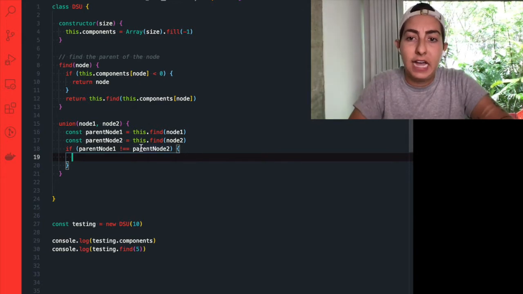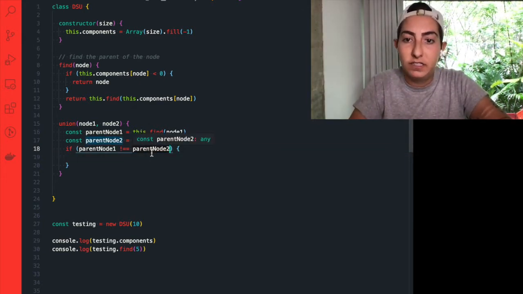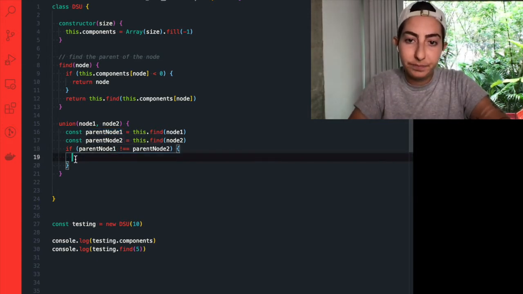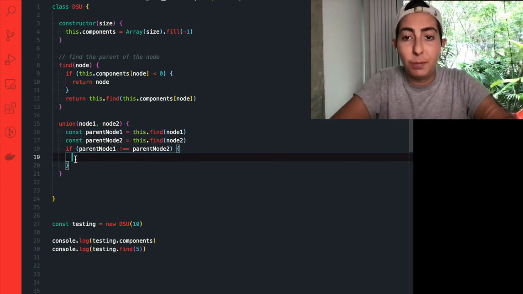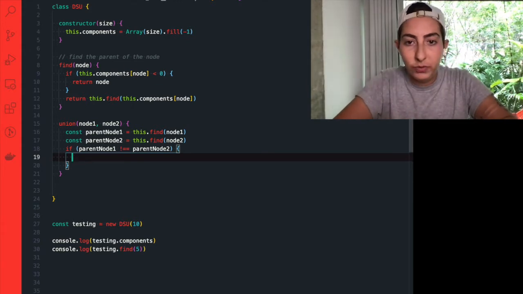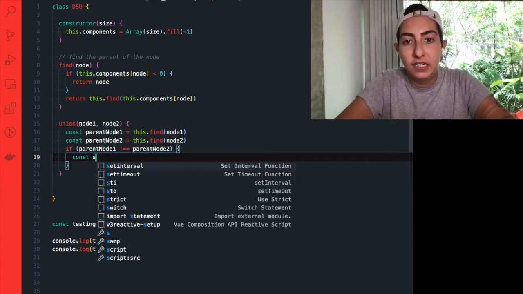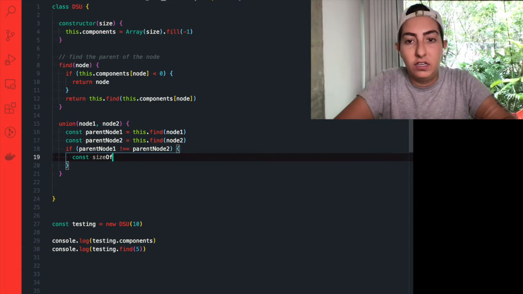We want to get the size of the component of the second node, and we want to add it to the size of the parent of the component that the first node belongs to. So here we have an opportunity to do that. So we can say that the size of node 2 component,